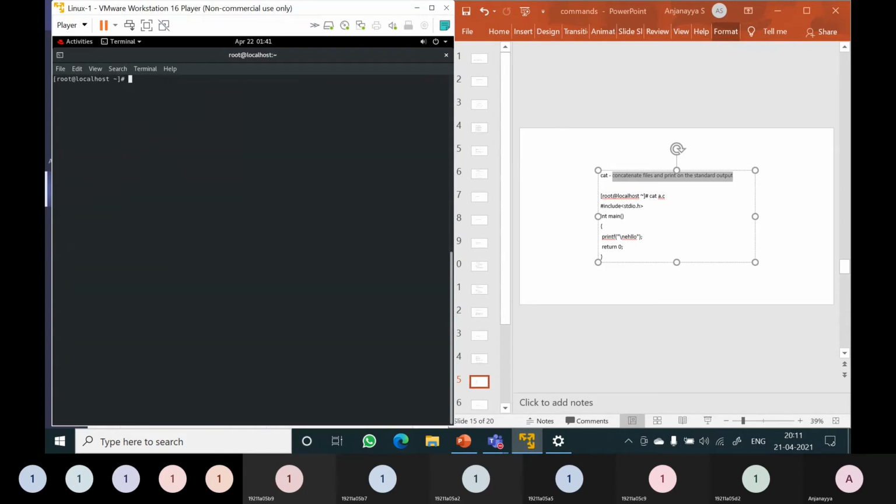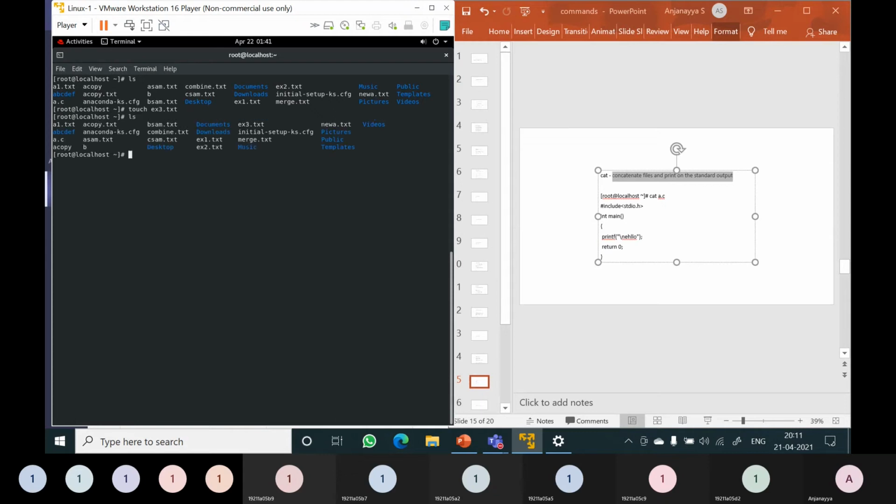Clear. Now ls. I will create one more file, touch ex3.txt. Now ls. You can observe here ex3.txt is created.